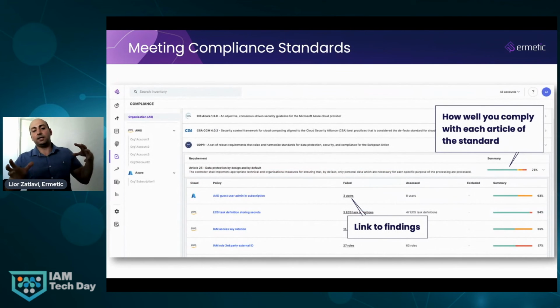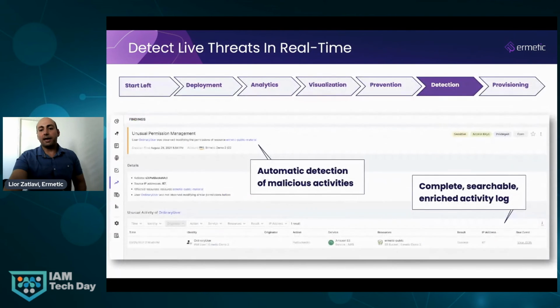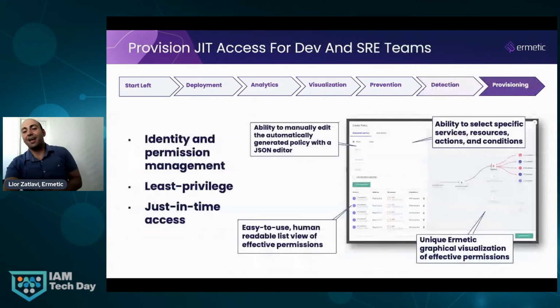Now, all of this is actually contextualized into compliance and best practice standards, so you understand where you might have gaps in adhering to those standards and how you can easily solve it. Now, since we also analyze logs, we also give you the ability to detect anomalous behavior in your environment, so you can find attackers along the cyber kill chain before they can actually deploy their payload, hopefully. And finally, we also give you the ability to provision permissions just in time. So if you have very sensitive permissions, they can be granted to personnel within your environment just when they are needed and not being granted permanently.